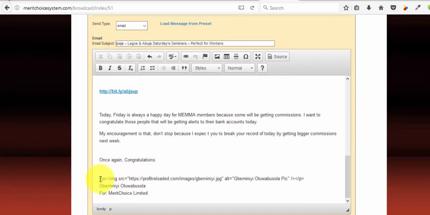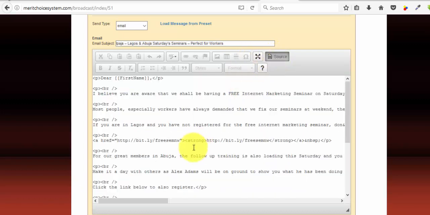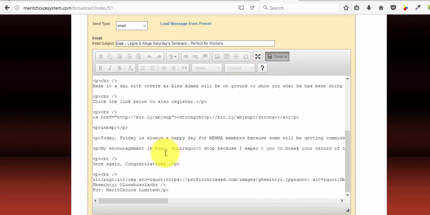So like I said, we copy it, then I'm going back to the source, and where this is towards the bottom of my message. So I click back on the source, then I want to scroll down. When you scroll down and you look at this, this is where the code is here. If you take note very well,